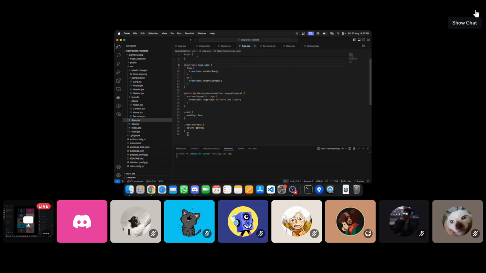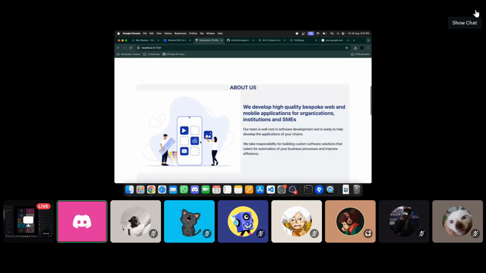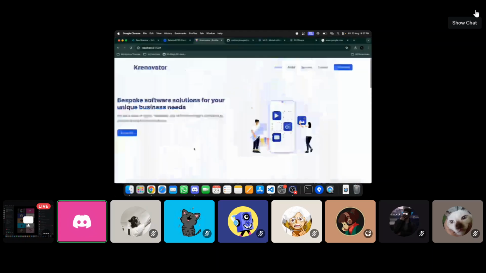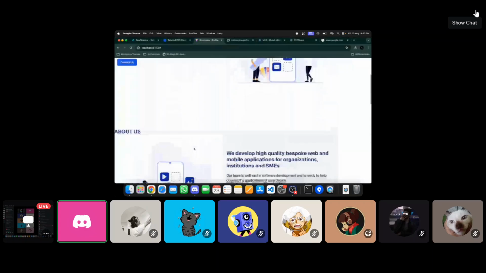Okay, we can remove this part as well. You know what, if we can make this center? Okay, better remove all this. Alright, no issues. We can adjust it.